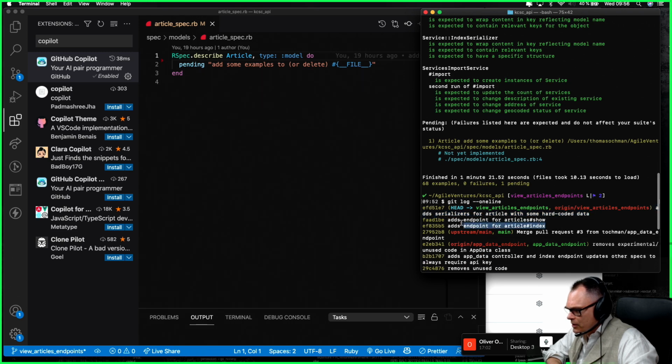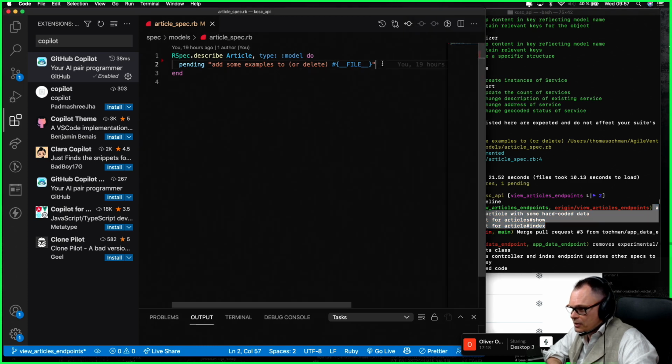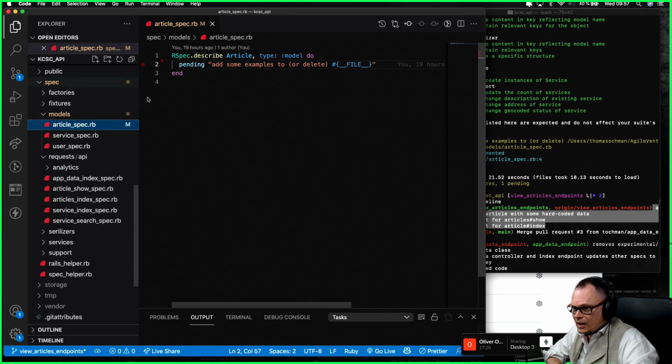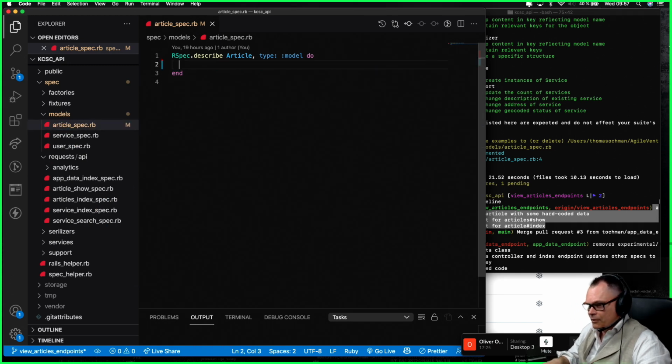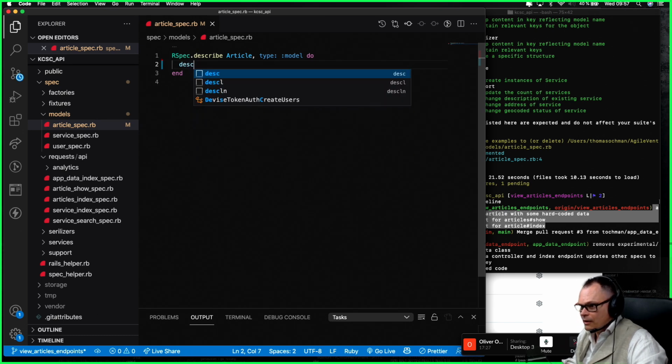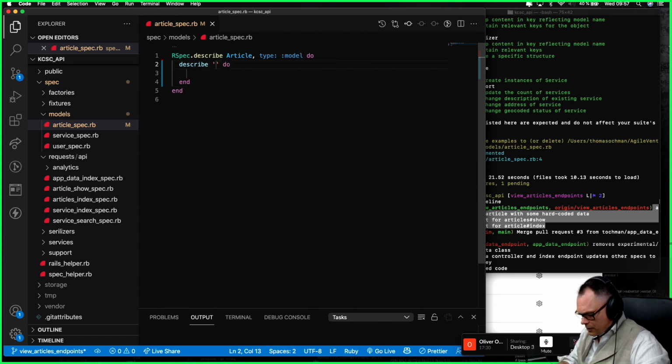So in this, I've done 3 commits. I added an endpoint for article index, added an endpoint for article show, and then added serializers for that. And so I guess right now I will just quickly add some tests for the factory, right? For the factory, and I will also describe